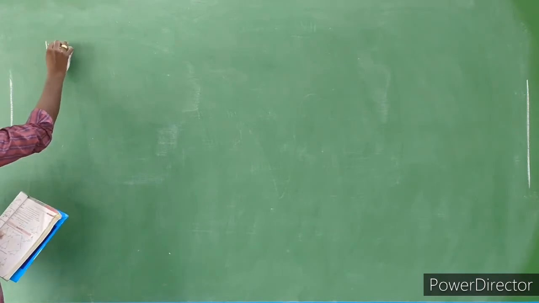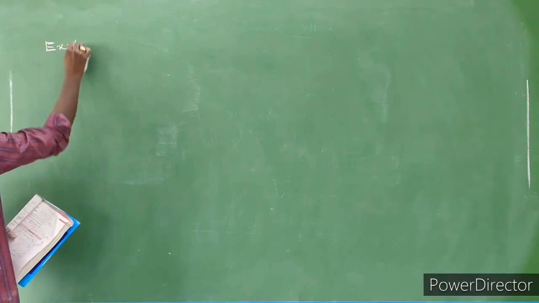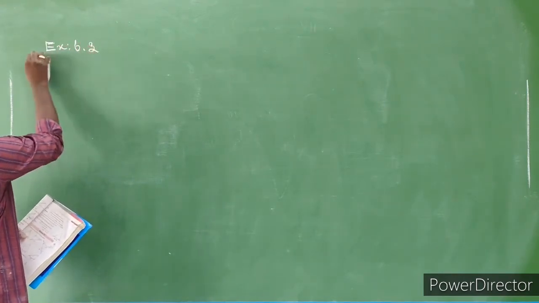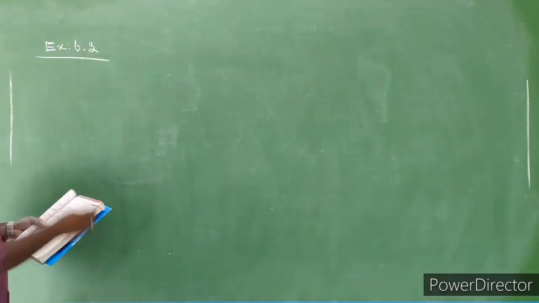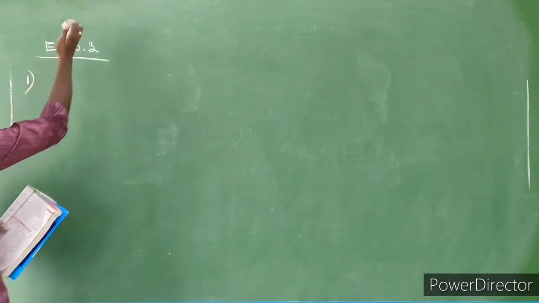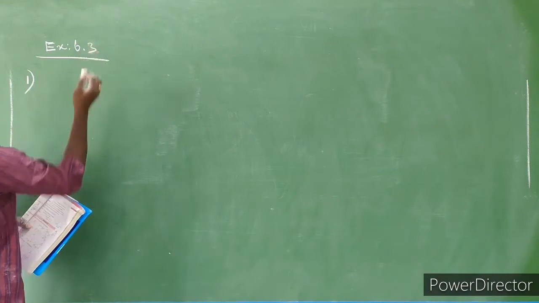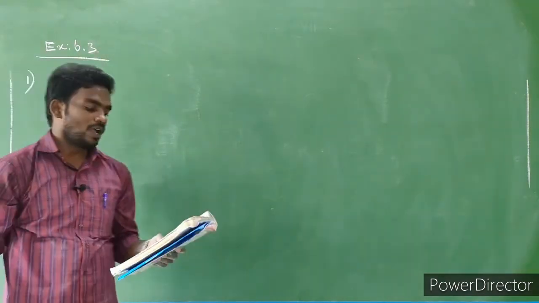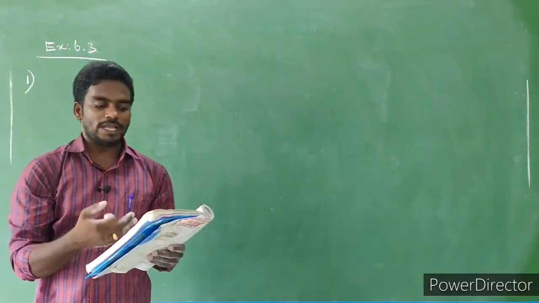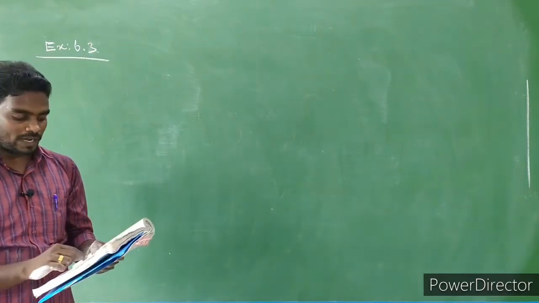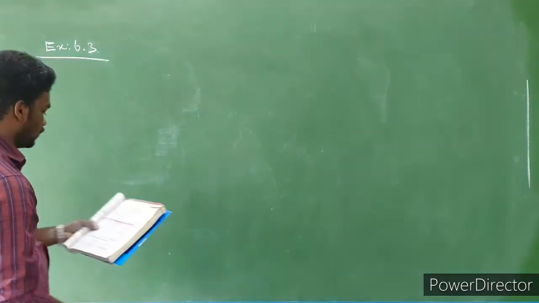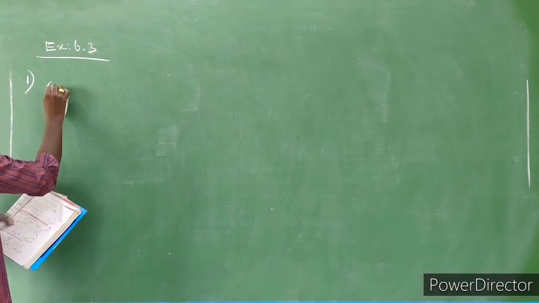Next, our Exercise 6.3, first pattern. What is 6.3 first pattern? Find the value of the unknown x in the following diagram. First one,